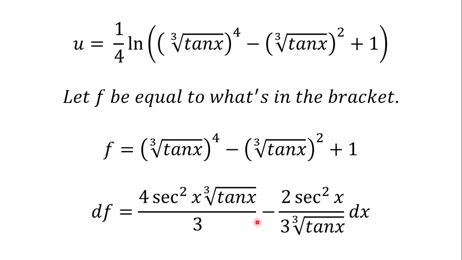You can do it as I said earlier: multiply this one by this and also this one by this, and you write the denominator as 9 cube root of tangent x. After that, you rationalize. Yeah, it all depends on you. But here, to make it very simple,